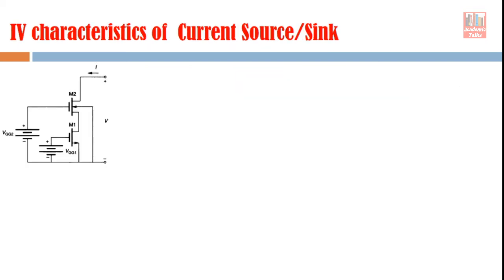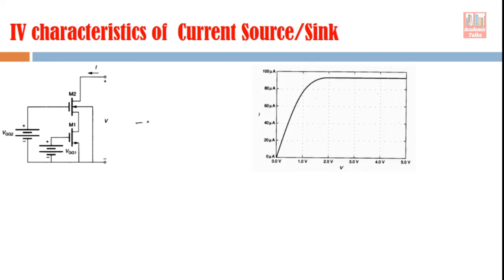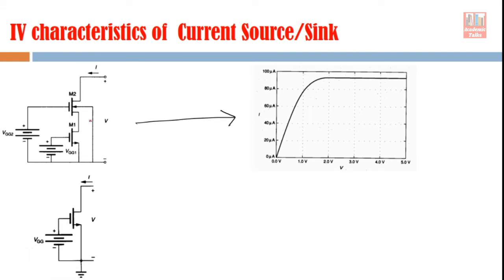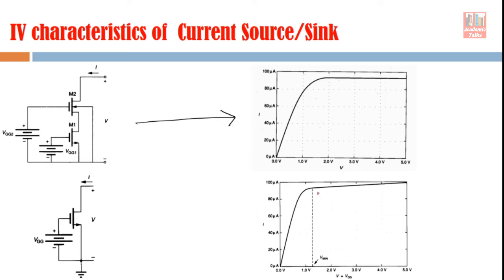So, if we plot the IV characteristics of this circuit, the IV characteristics will look like this, right. So, you will see what is the big change here, nothing, it is the characteristics just like a MOSFET device. You will see this difference once you see the characteristics of a single MOSFET circuit. This was a single MOSFET circuit, and after improvement we are using the two MOSFET system. If we look at the characteristic of the single MOSFET system, then the characteristics look like this.